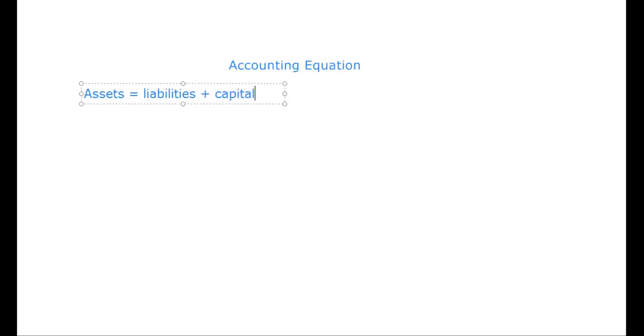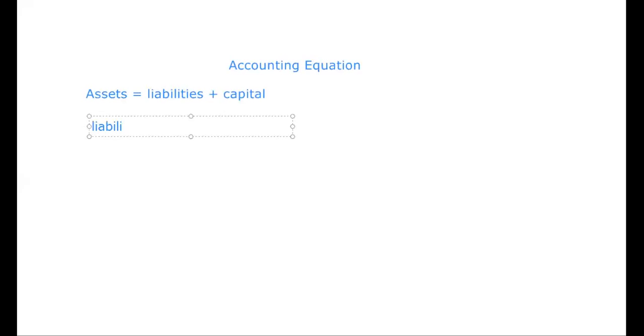Now, if the capital, business liabilities, and business assets are given to you, then it is very easy for all of you to calculate any of the terms. Suppose out of these three terms, any two are given to you, then very easily you can find out the other one. See how? Because from this formula we can derive other formulas.